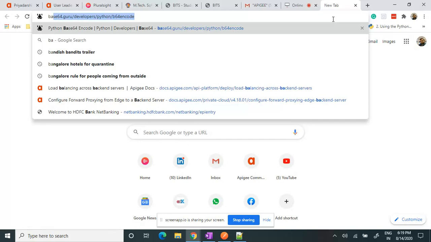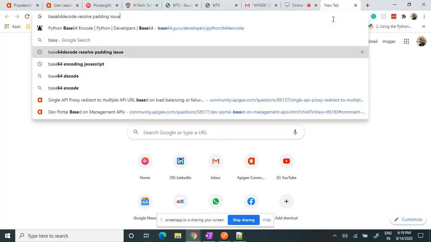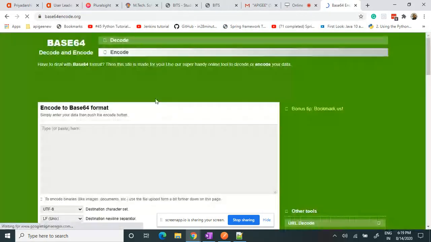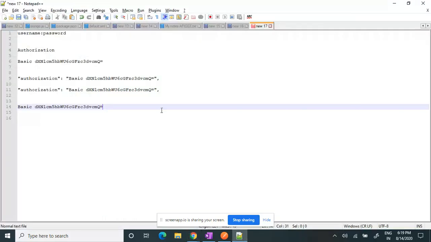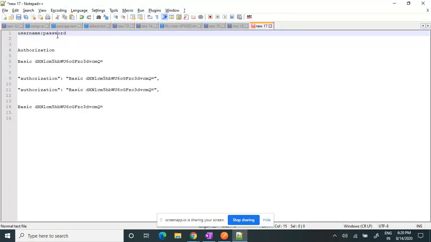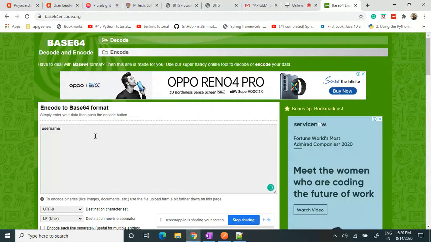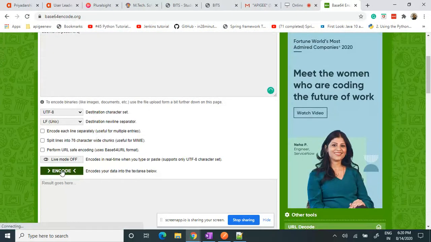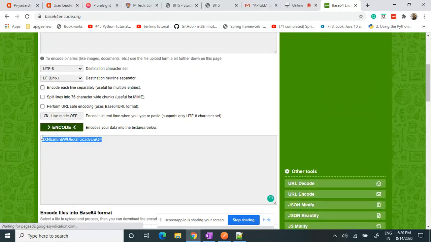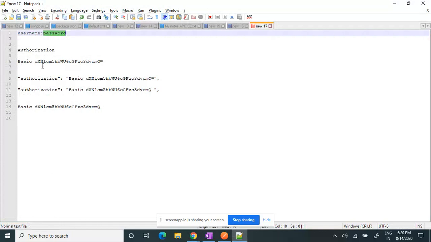Just search in Google for base64 encode, and you can see the URL base64encode.org. Here you can put the username, colon, password in the same way as we do in Notepad++. Now I click on encode, and you will see this is the encoded value. And if I put it here and compare, yes, this is the same base64 encoded value.